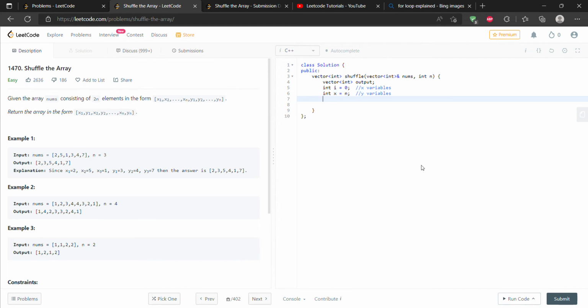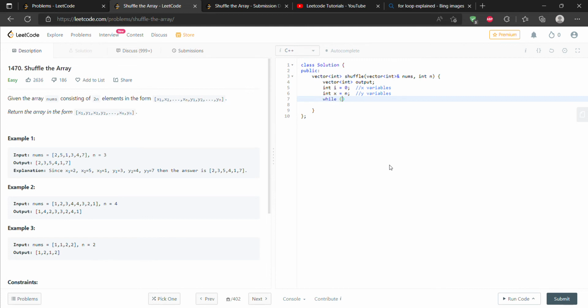And instead of solving it using for loops, we can actually use a while loop in this case, since we are already given n as 3, and the statement states that the array nums will consist of 2n elements, meaning that